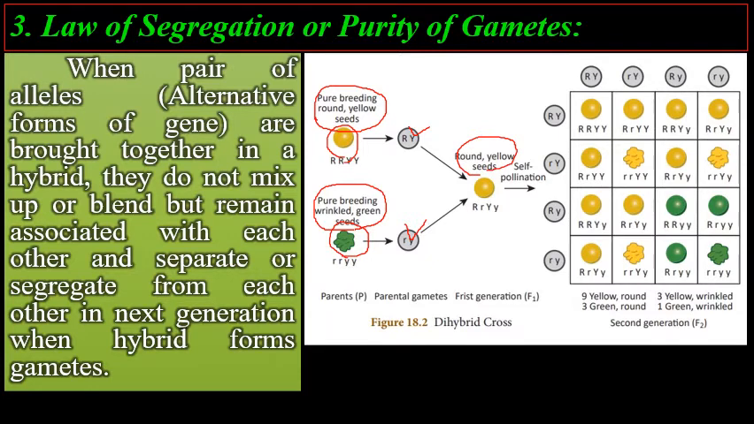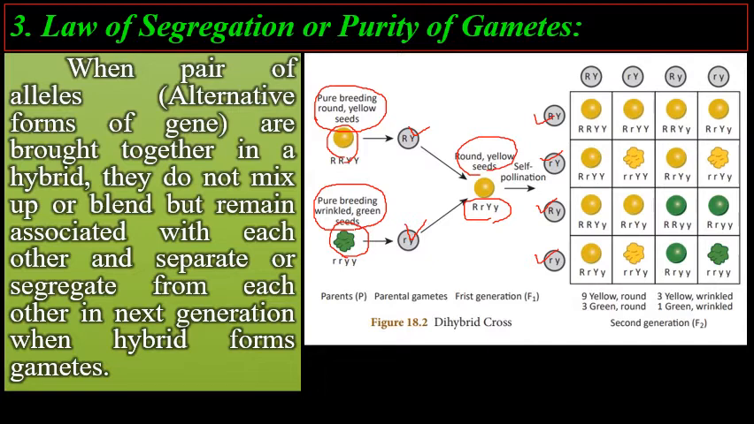After selfing of this capital R capital Y, small r small y, that means the hybrid round yellow seed individual self with itself, the gametes in the F1 generation are capital R capital Y, small r small y, capital R small y, small r small y. So with the help of this Punnett square we can see the results of the